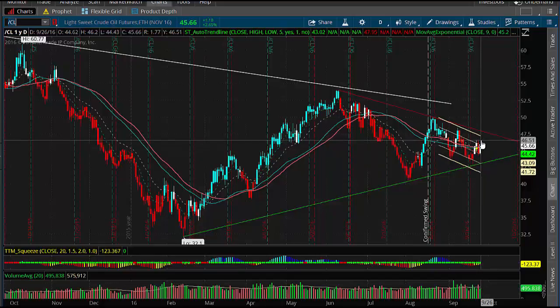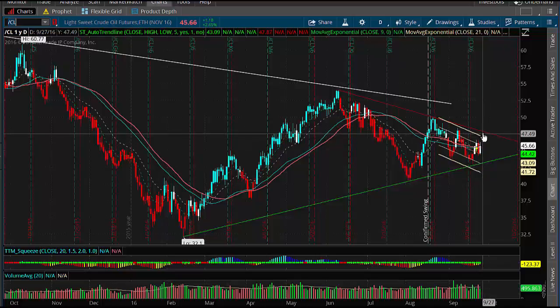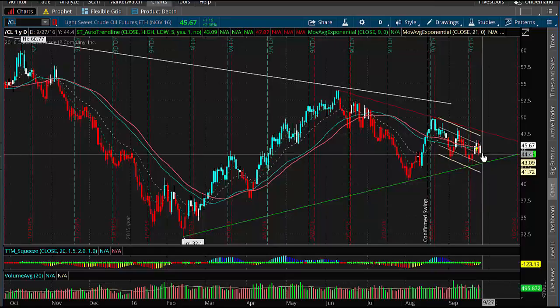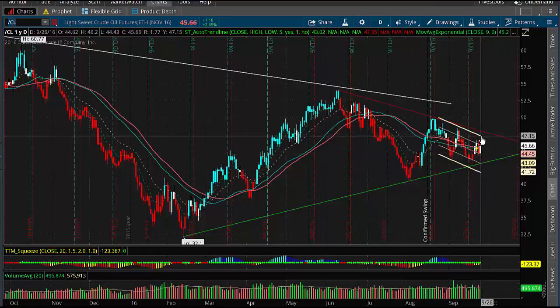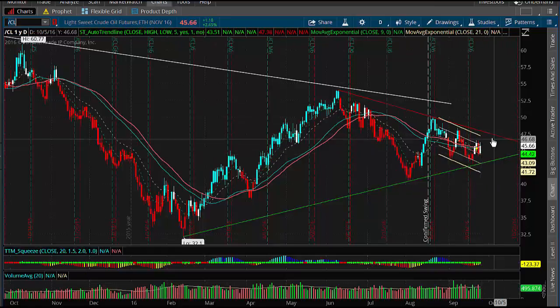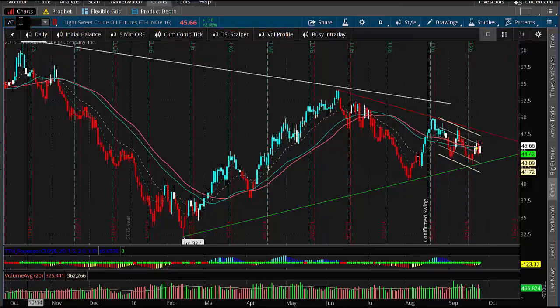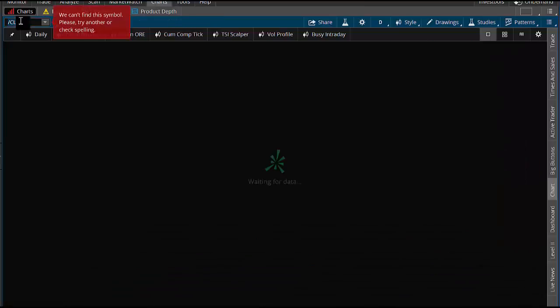On the way up, you have to be aware of this 46.50 to 46.60 area right in here. That was the previous last 2 highs right there. That could very easily get in the way. And through there, you're going to be aware of 47.5. 47.5 is going to be 2 standard deviations up off of its current mean average, which was the low of the break, and it'll put it into that downward sloping trend line overhead as well. So those are 2 upper levels to be aware of on the crude there.